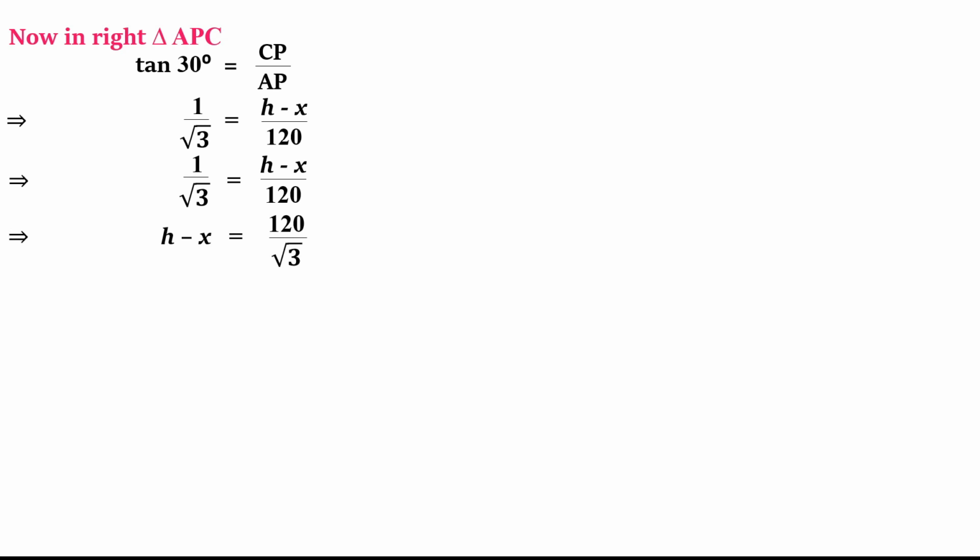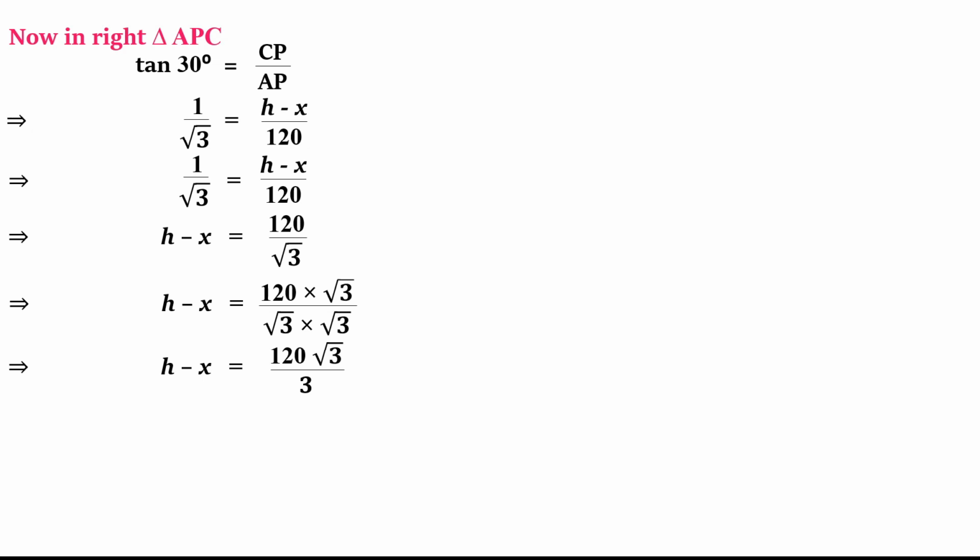Now some students may think 120 has to be divided by 1.732. Children, always remember, we try to avoid division of a whole number by a decimal number. So here also we can apply a trick. We can rationalize the denominator. See how I am rationalizing. On the left hand side I have h minus x, let it be as it is. On the right hand side I have 120 upon root 3. So how will I rationalize? I will multiply numerator as well as denominator by root 3. By doing this, in the denominator I have 3, but the numerator changes and it becomes 120 root 3.